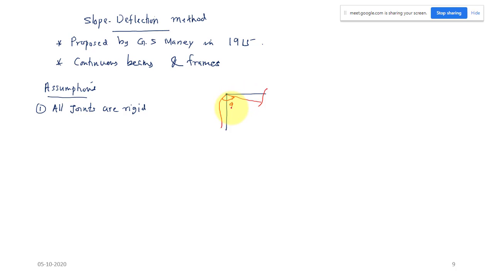It will be able to maintain the angle between the members at that joint. So before deformation, two perpendicular members at 90 degrees, and even after the deformation, the angle between the two members will not change. In other words, if you see the rotation that happens to this beam, let us take theta, the rotation that happens to this column will be this much angle, right? So both will be the same. The theta in the beam and the rotation of the column are going to be the same.